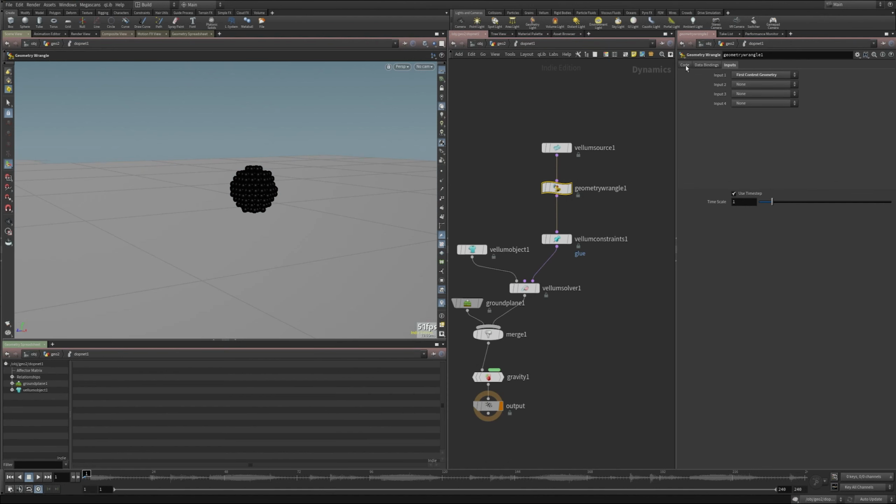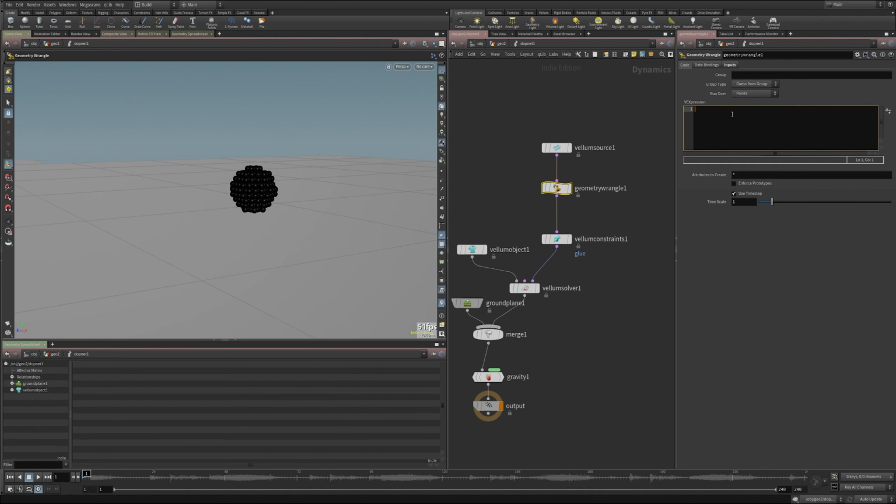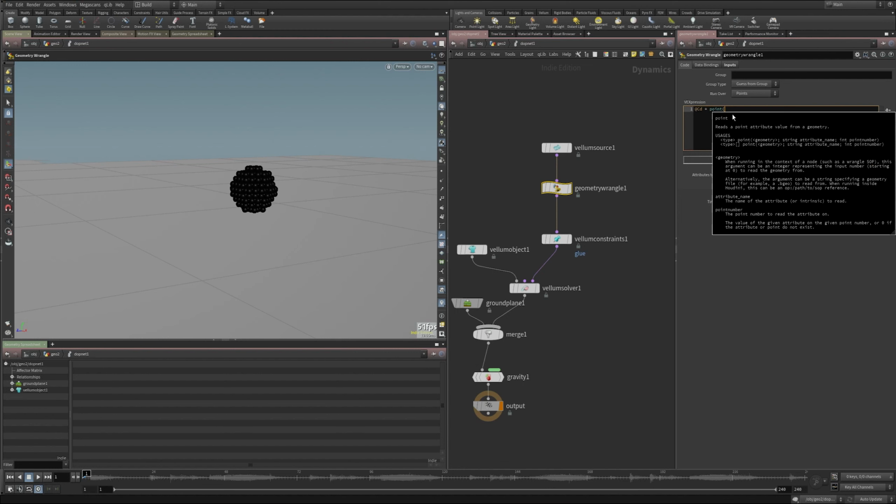Let's just test this out with color first. I want my color to equal, I'm going to just do a point expression here, and you can read this help to walk you through the syntax that you need for this point.